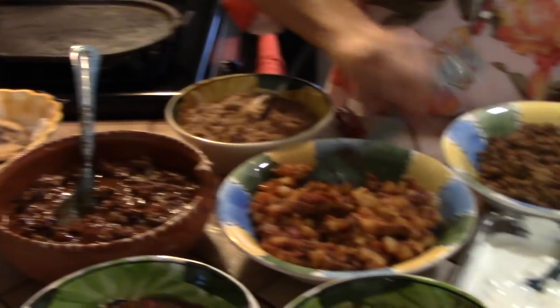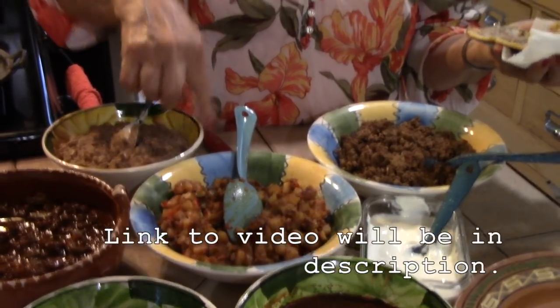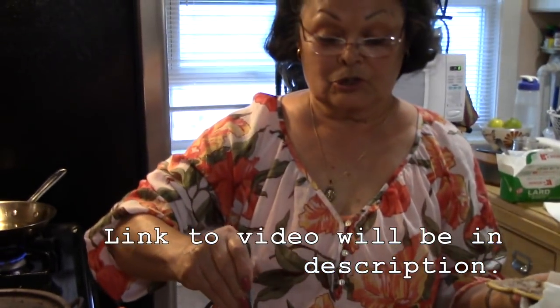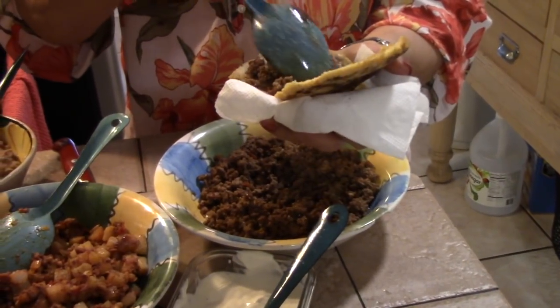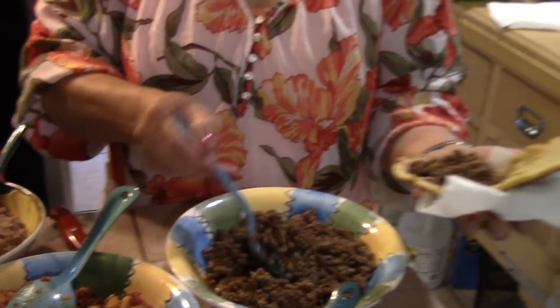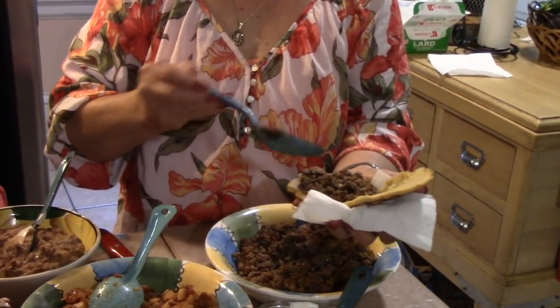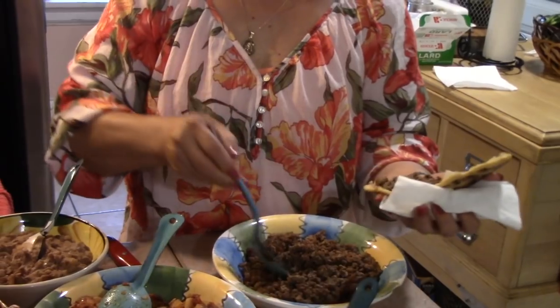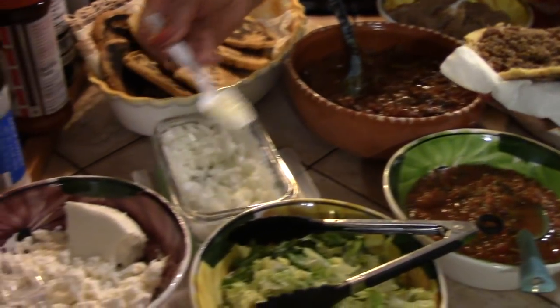And here I have some papas with chorizo. In one of my previous videos, I show how to make these papas with chorizo, so you can try that if you'd like. Here we have ground beef, which is the kids' favorite. So you put your ground beef on top of your frijoles, of your beans, and then you can put whatever you want, a little bit of onions,